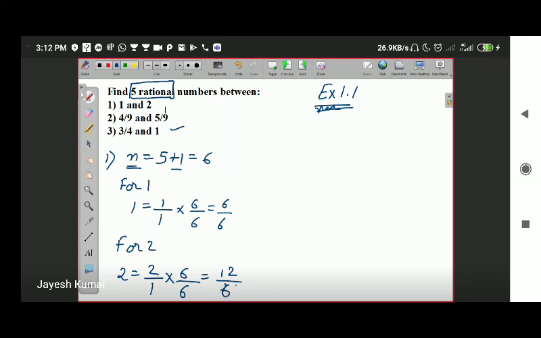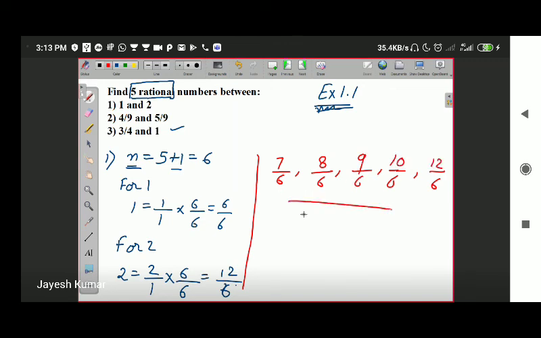Okay. Now our answer is going to be quite easy. Now we have to just count the numbers. After 6, what comes? We have to just observe the numerator. We take the denominator as it is. We write 5 times upon 6. Now the numerator is 6. Add 1, you have 7 upon 6. Again add 1, you have 8 upon 6. Again add 1, you have 9 upon 6. Then you have 10 upon 6. Lastly, 11 upon 6. Answer. Okay, quite easy, I guess. Nothing much to it. Okay, let's see the next question.